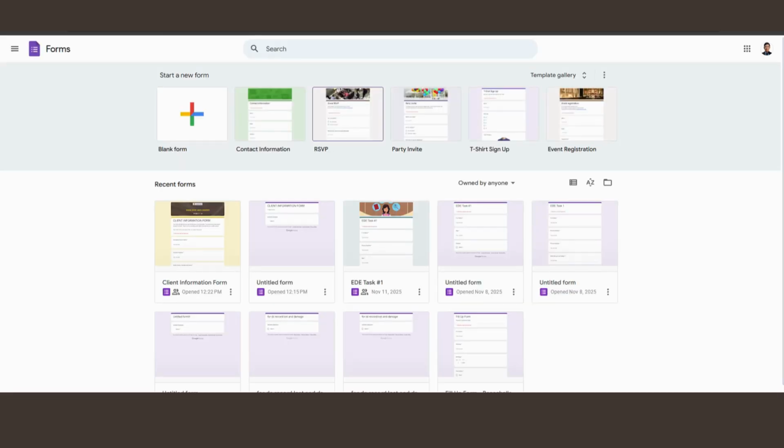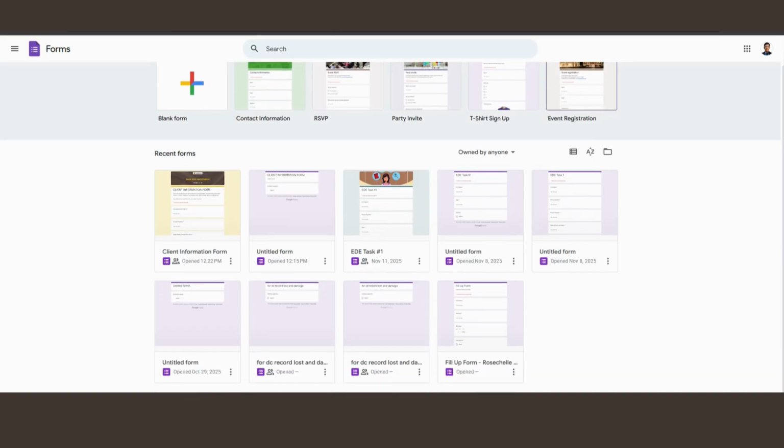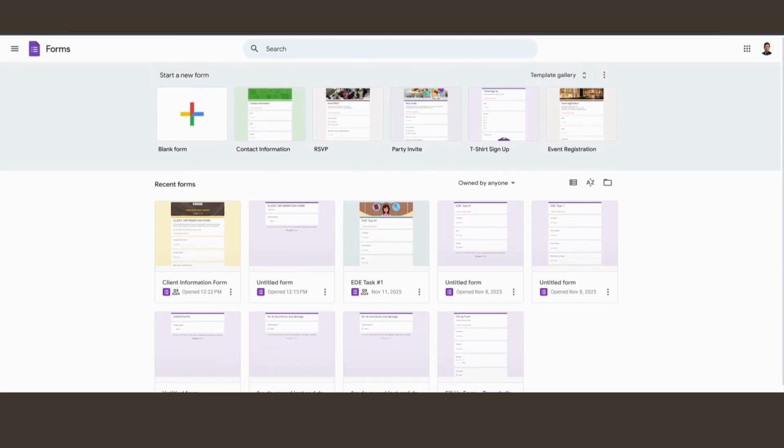Here, you can choose any type of already made template, whether you're a teacher, a student, or an event organizer. Remember during the COVID time, teachers were giving exams to their students with the use of Google Form. So they make exams through Google Form. If you don't want to choose any already made template, you can start from here, the blank form.